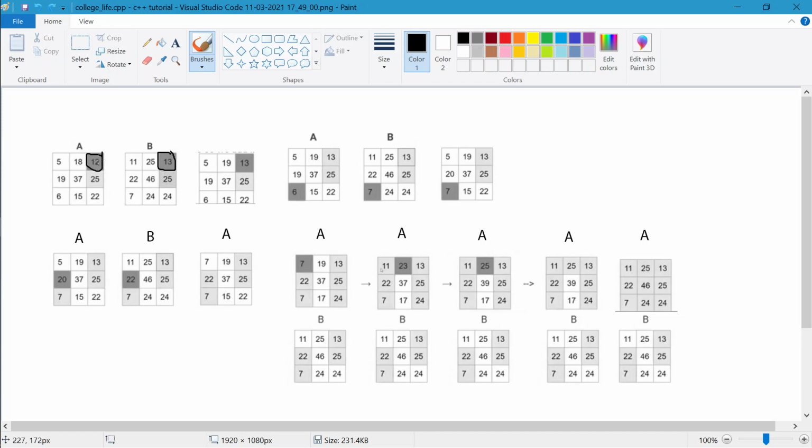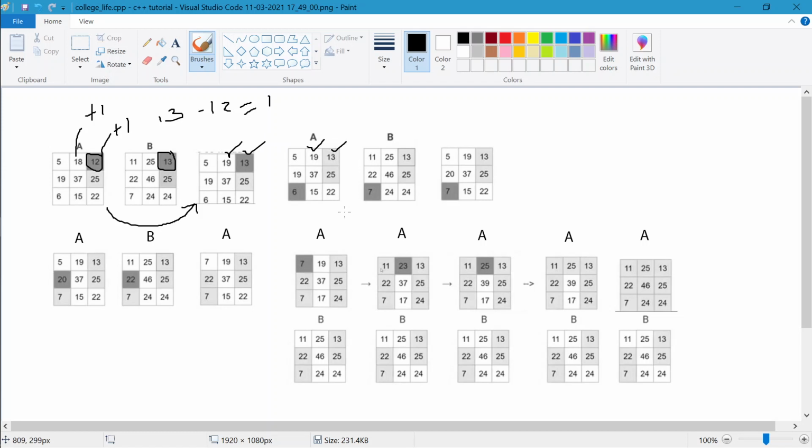So if you choose, what was the difference? The difference was 13 minus 12 equals 1. So what you will do is add 1 here, and add 1 here. It will become this. After adding 1 to this and this, you will see this 19 becomes equal with this 19, and this 13 becomes equal with this 13.